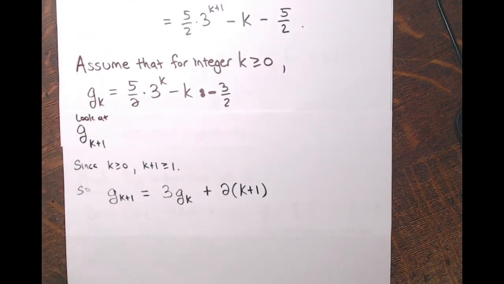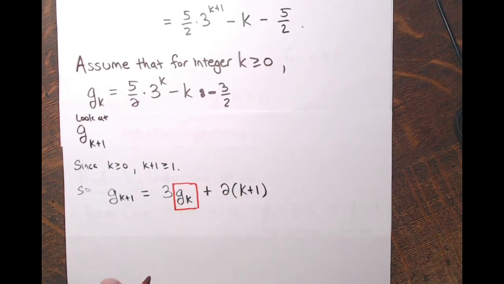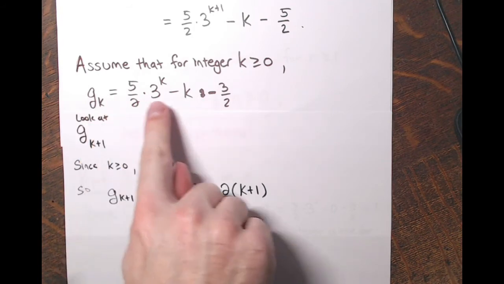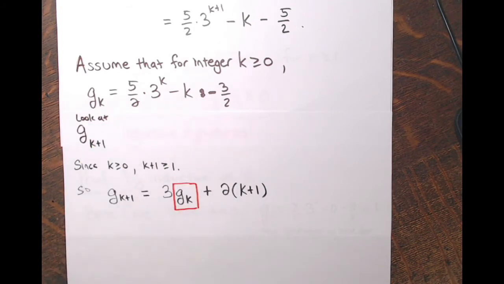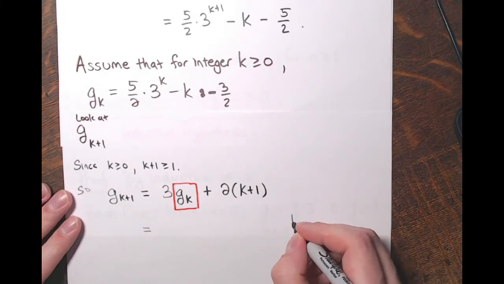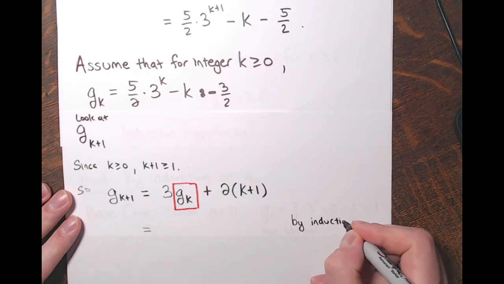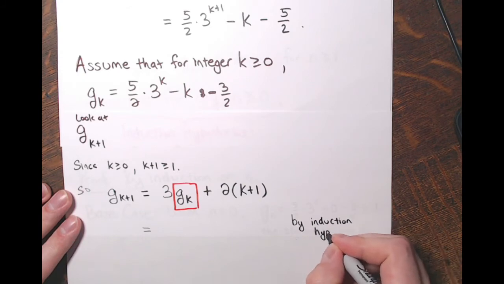Now, our inductive hypothesis involved g sub k. And look, I'm seeing g sub k right here. So I can apply what we have assumed to be true. I can apply this inductive hypothesis right here. So by the induction hypothesis,